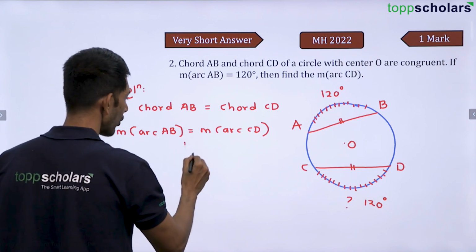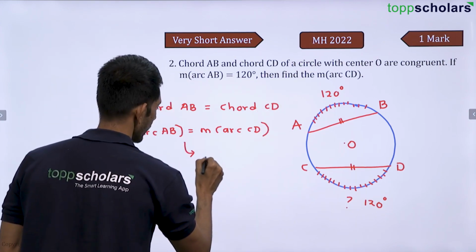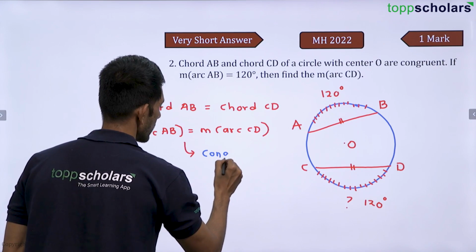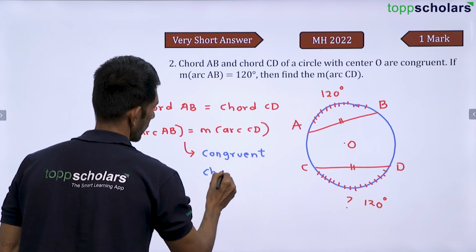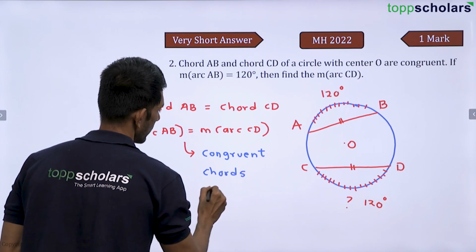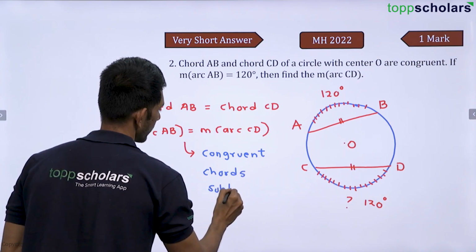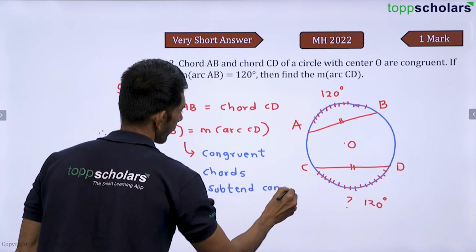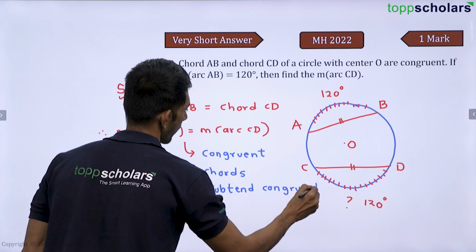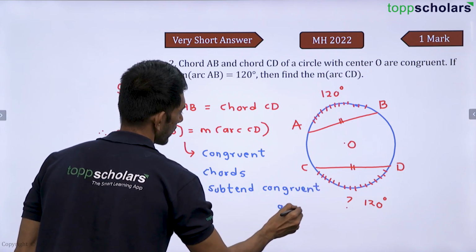So the reason is congruent chords subtend congruent arcs,